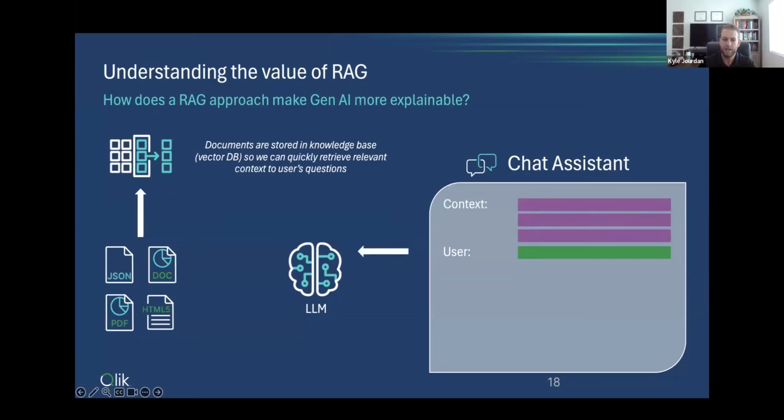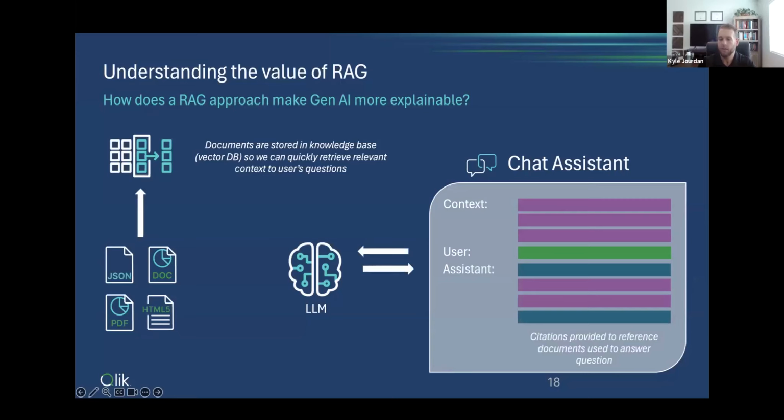So now when we send that request to the LLM, it not only has the user's question, but it has the information that it's allowed to use as a trusted source, so that the answer that we get is not only more complete, but we have citations to understand where that answer was generated from. So we can say, here's the source of the information we used in our response, so that you can go and verify and trust the answer that was provided.